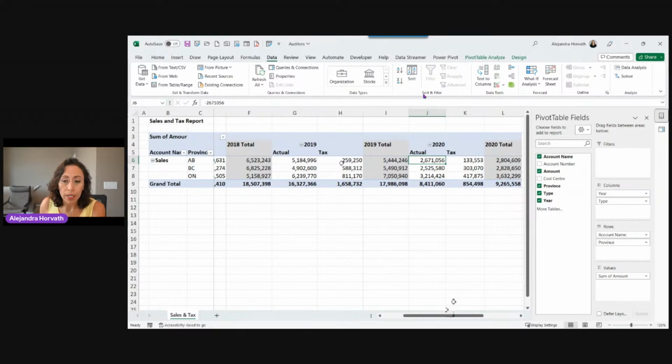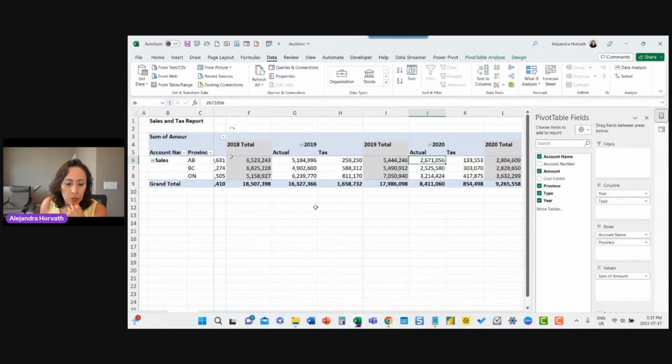So this is the query that I'm going to show you how we're going to develop today, the one for the auditors. And in future classes, I will show you how I did the other report with Power Pivot and the other one for the statistics. And let's go and see